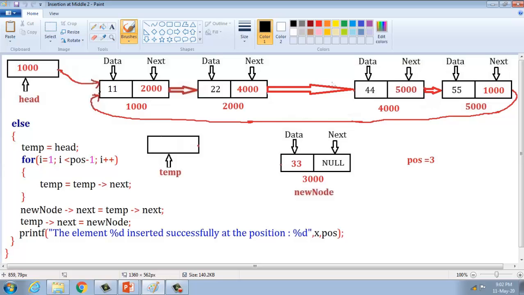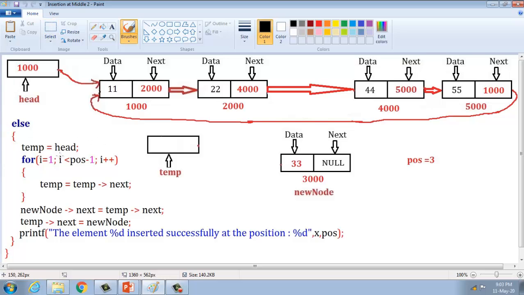We have to check the condition. If head equal to null, the list is empty, and we cannot insert at a specified position. If position equal to 1, we can insert a node in the circular singly linked list. If n nodes are present, it should also be possible. That is the else part.